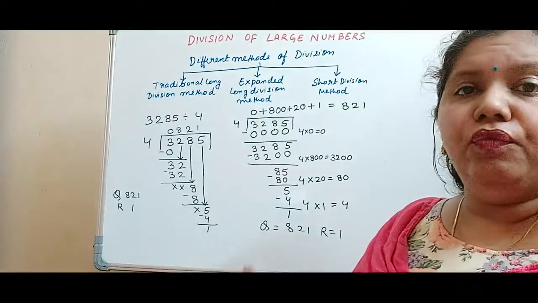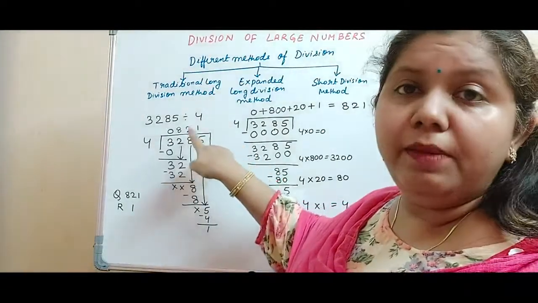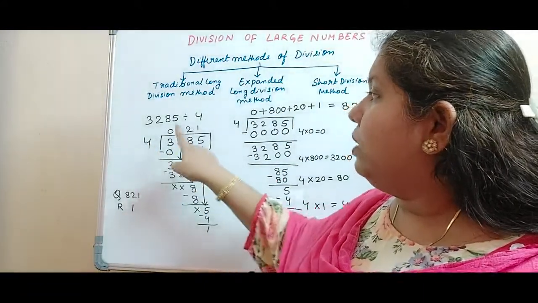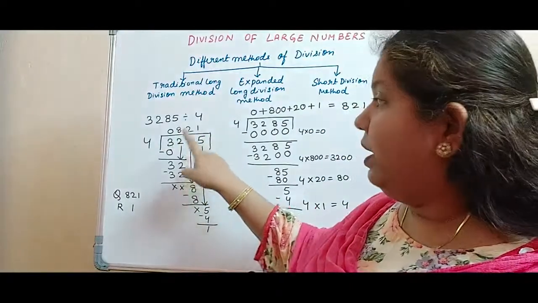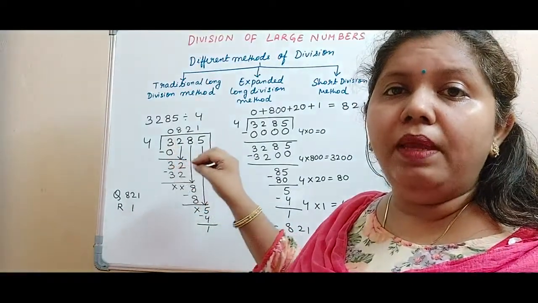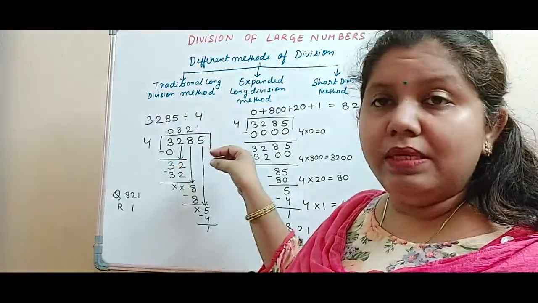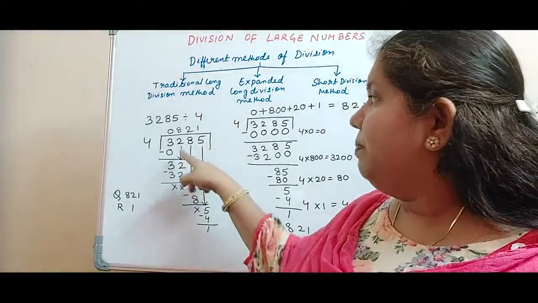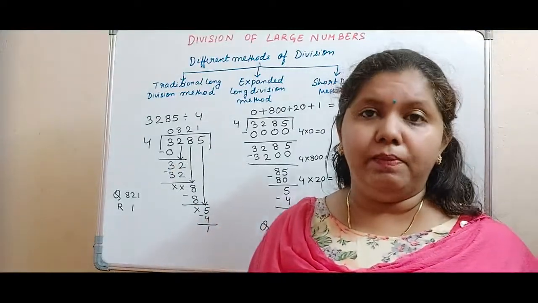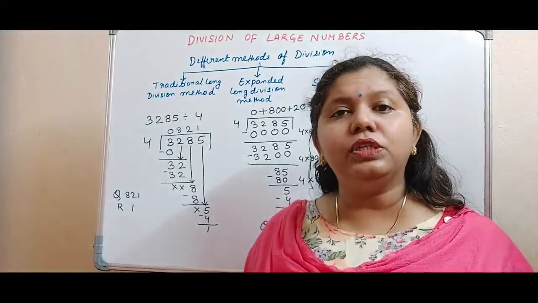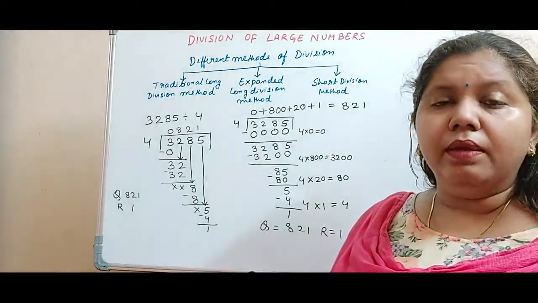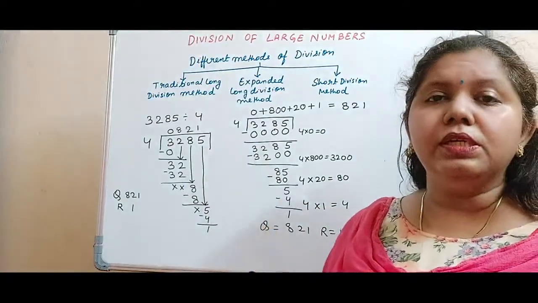And another important thing that I have to tell you while dividing: how will you guess which number will come in the quotient place? Which number will be multiplied with the divisor so that you get a number very close to the partial dividend? It should not be more, but it can be closer or equal to the partial dividend. For that you should have a good knowledge of multiplication tables. The more you practice multiplication tables, the stronger you will be in finding the numbers in the quotient place.